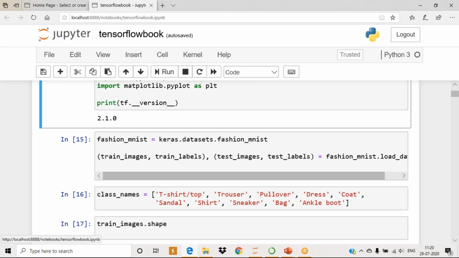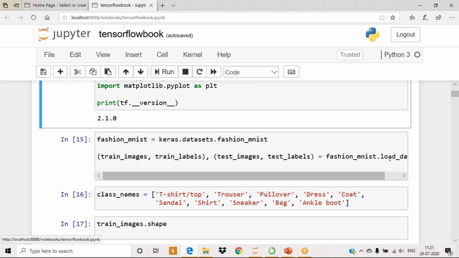Okay, see here, the next step is an important thing. You are loading a data set. Loading a data set gives four files, right? The first file is assigned to train images, the second file to train labels, the third file to test images, and the fourth file to test labels. Now you understand the concept. The 60,000 images are stored in train images, and the respective labels, that is the answers, are stored in train labels. The testing 10,000 images are stored in test images, and the answers are stored in test labels. So now you have four different categories, right?